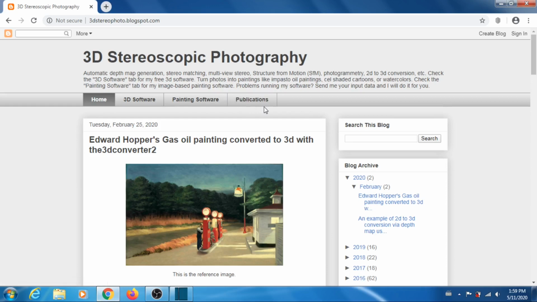Okay, in this video I'm going to show you, or attempt to show you, how to use DMAG5, the depth map automatic generator. So first let's see how to download it and install it on your machine. So for that you go on to my blog,